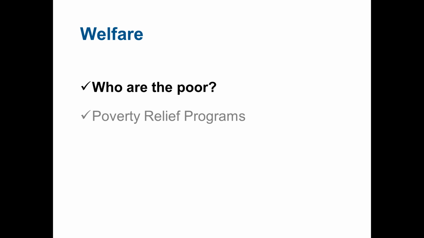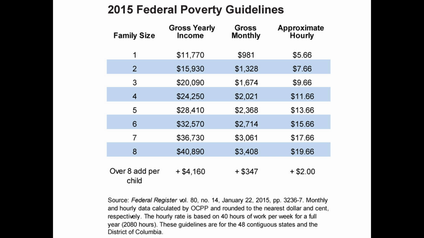Alright, so now, moving past Social Security, let's go on to a different area of policy, welfare policy. In other words, policies aimed at reducing poverty in the country. So let's talk about first, what is the state of poverty in the country? First of all, when we're talking about poverty in terms of federal welfare, we're talking about a really specific set